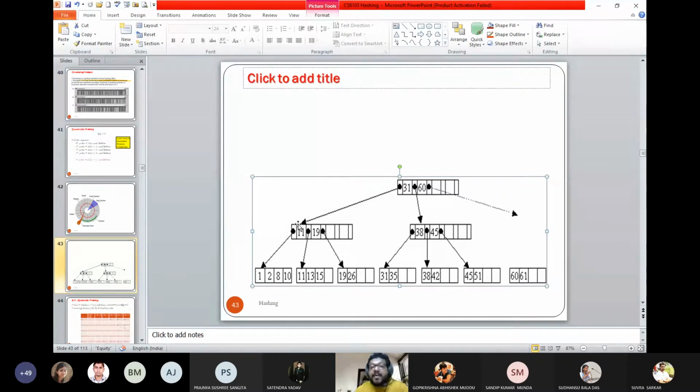Then I land here and I find 11. Then it redirects me to the left. And here, what have you stored? These values at the intermediate nodes are only guiding me to search. Now look into this area. There are 4 blocks here: 1, 2, 8, 6, 10. This is an example.